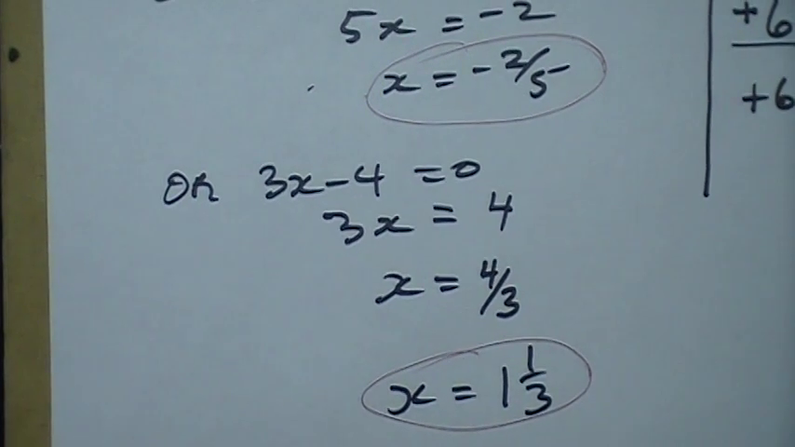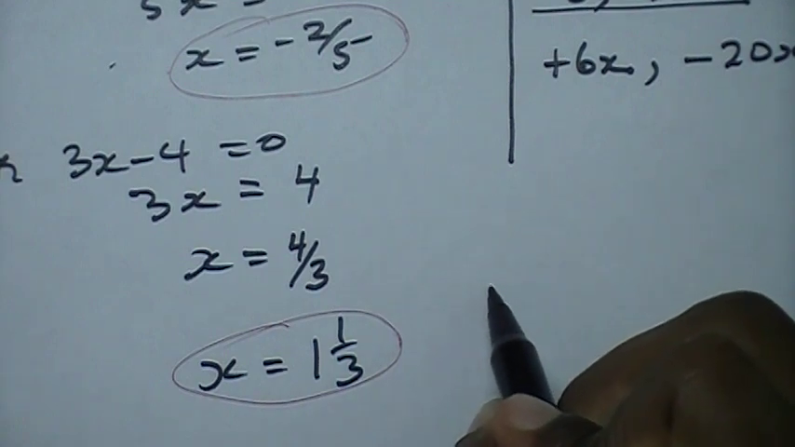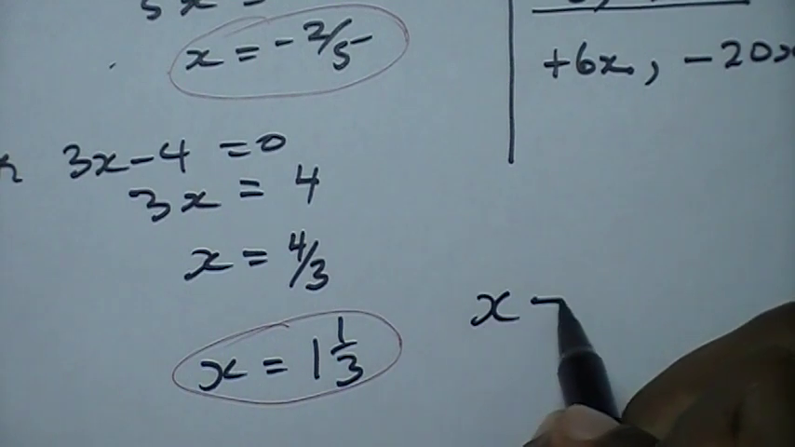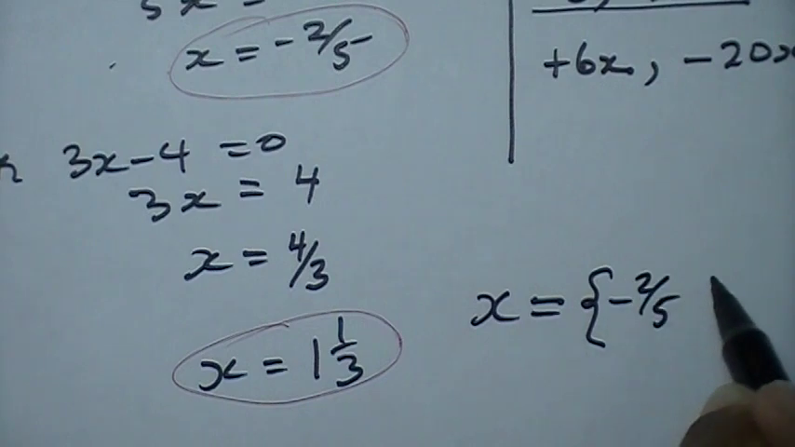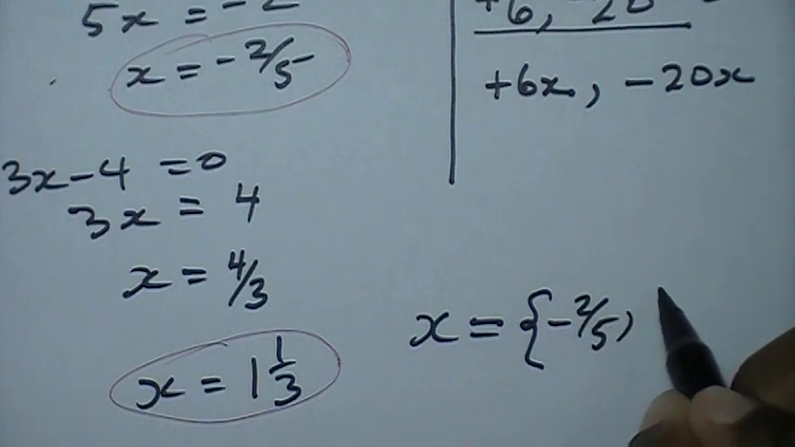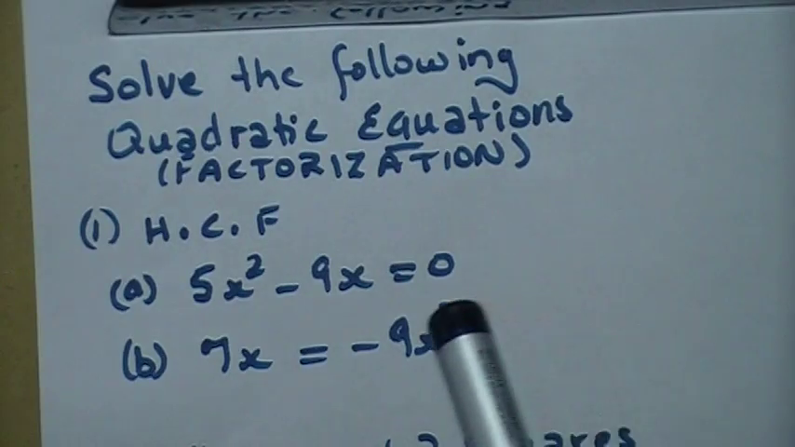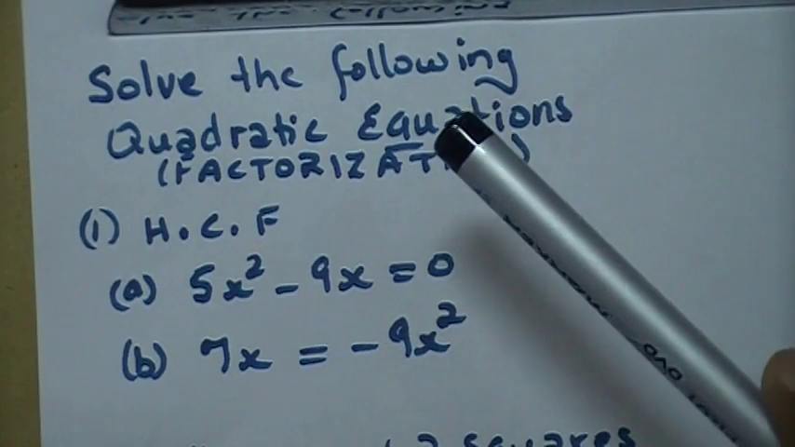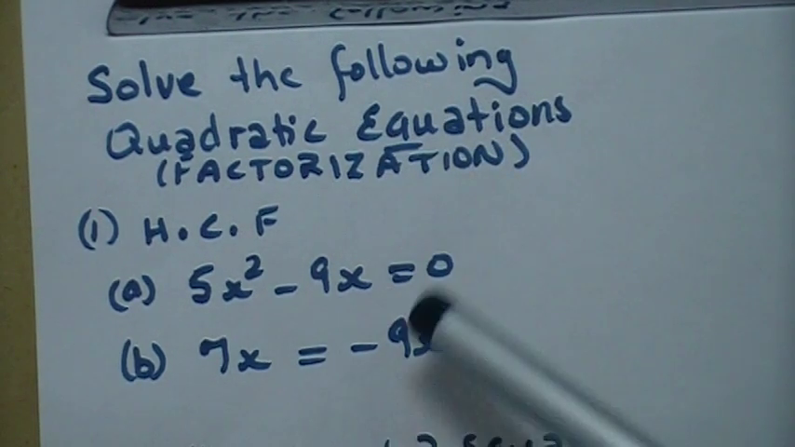Alright, so the two solutions we have there is that x is equal to the set of negative 2/5 and 4/3. Okay, now grab a pen and ensure you write these down. You're going to factorize this on your own, and then afterwards I'm going to